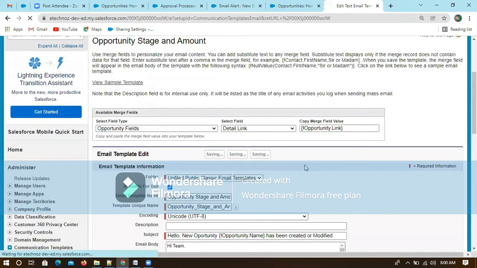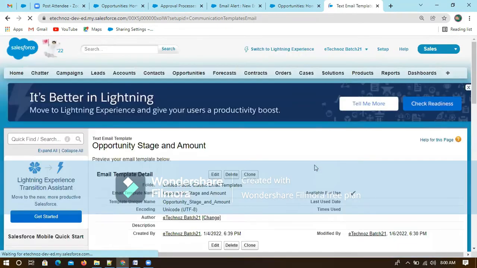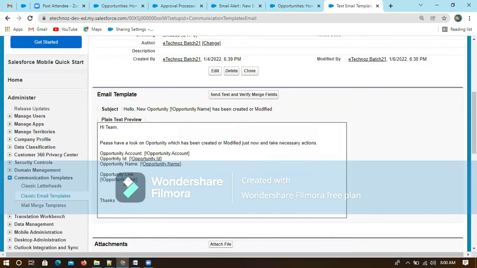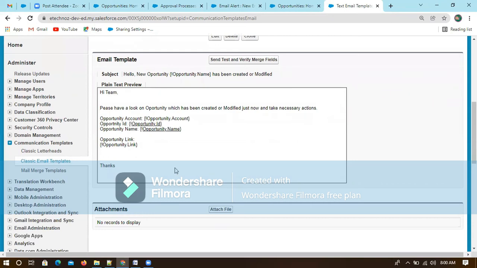We have already used this, which is why I just want to update this email template. Now you can see this is how it will be. Before using this, you have to check whether this is working properly or as expected or not. We have to first cross check, and then we have to go with this.